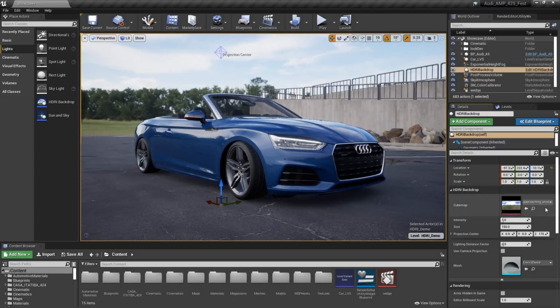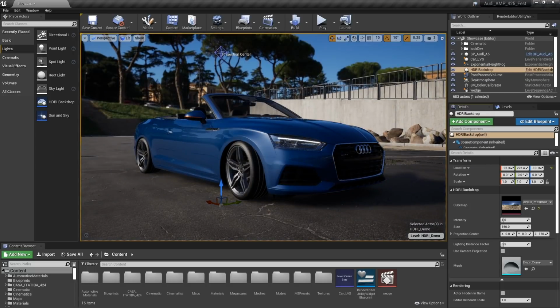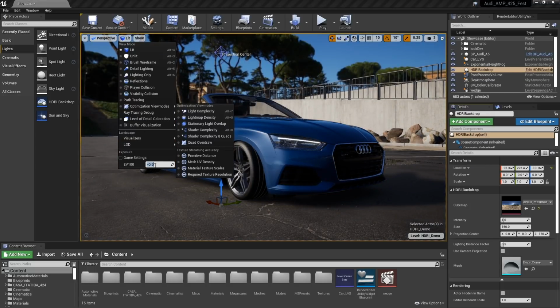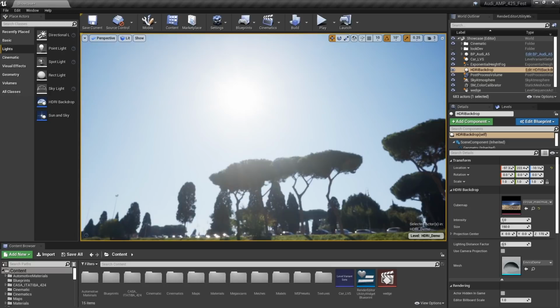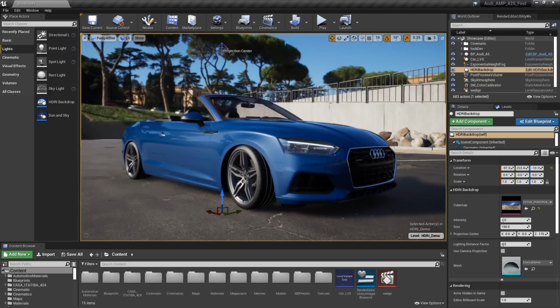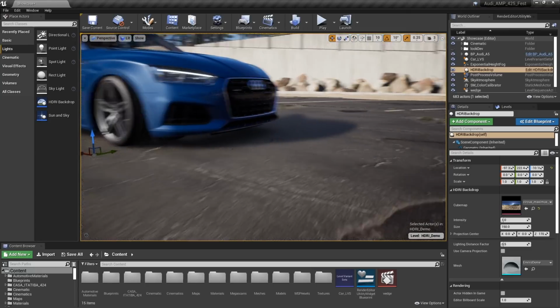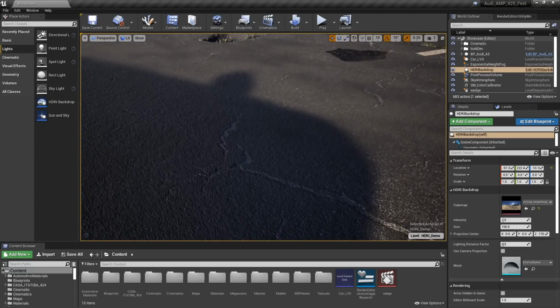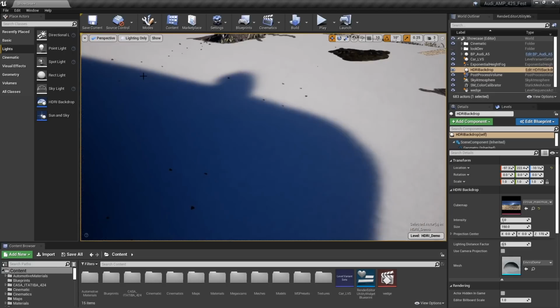Let's go ahead and change this image over to something with a bit more contrast. So this is just another sample image that comes with Unreal. And I'm going to go ahead and just make this a little bit brighter. So we'll just do -1.2 or something like that. And you can see that it's just a sunny day, no clouds, lots of contrast, and we're picking up the directionality of that sun, but this shadow is a little soft, and you can really see that, especially if I turn on lighting only.